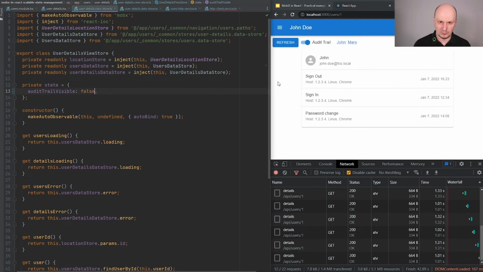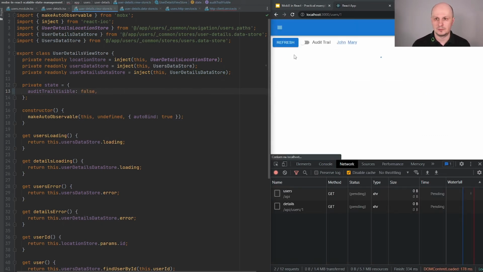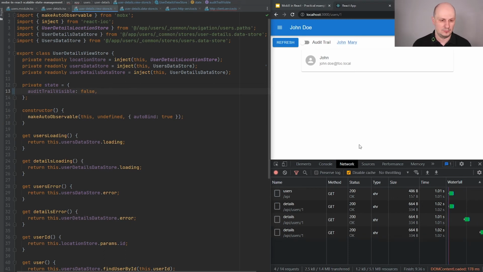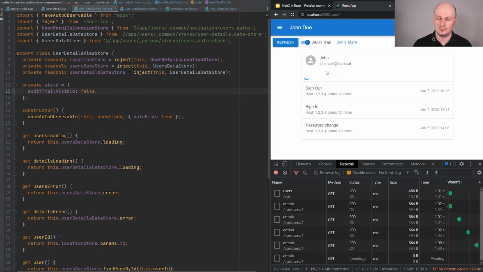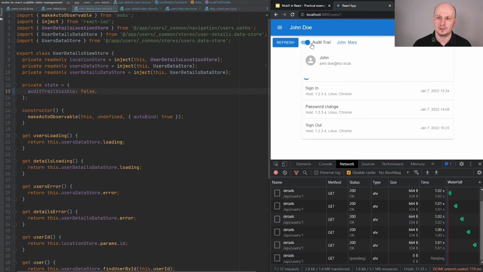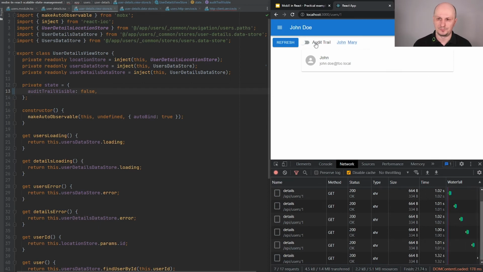I'm going to use this audit trail flag to be false as a default. And currently there is no sense to retrieve the data because I'm not watching them. I want to fetch data while user is triggering this switch.